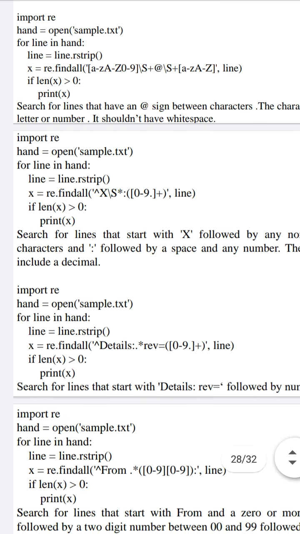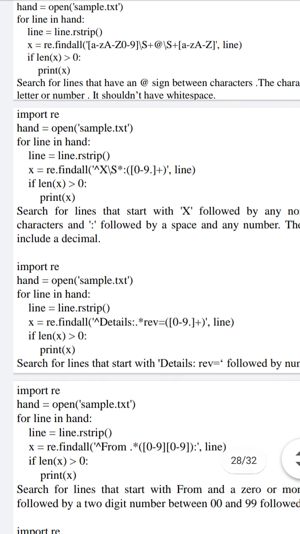Our next programming example: again we are reading sample.txt line by line and applying the rstrip function to remove the newline character, then findall. Here, if you observe, the beginning character of our pattern should be either a small letter, a capital letter, or a digit. If it is anything other than these, it will not match.